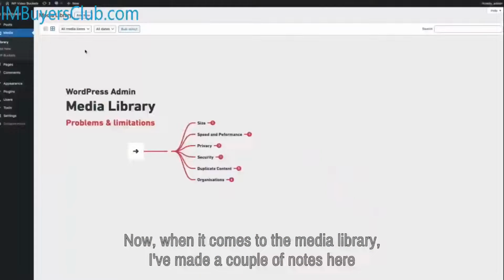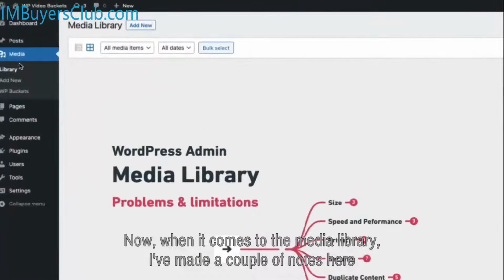So whether you are managing your own website or websites for other people, or you have an online course or a program, or maybe you just want to use bigger images and you have limitations in your media library, you're not able to put MP4 videos or MP3 audios or podcasts there, we can blow through all those limitations implementing this system. Now, when it comes to the media library, I've made a couple of notes here